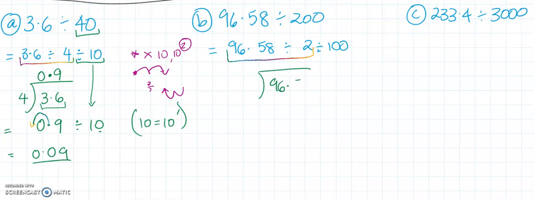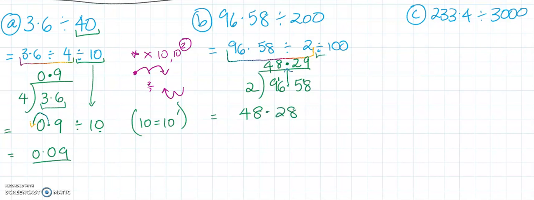We've got 96.58 divided by 2. 2 goes into 9 4 times. 4 times 2 is 8. Gives us a remainder of 1. Makes that 16. 2 into 16 goes 8 times. Let's line up our decimal point over here. Then take the next digit, which is 5. 2 into 5 goes twice with the remainder of 1. And 2 into 18 goes 9 times. So what we are left with now is